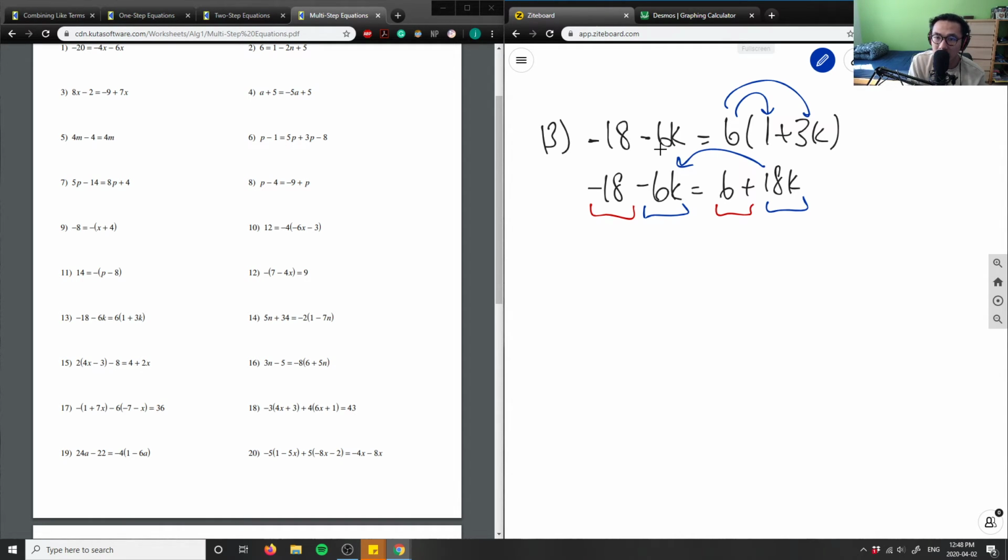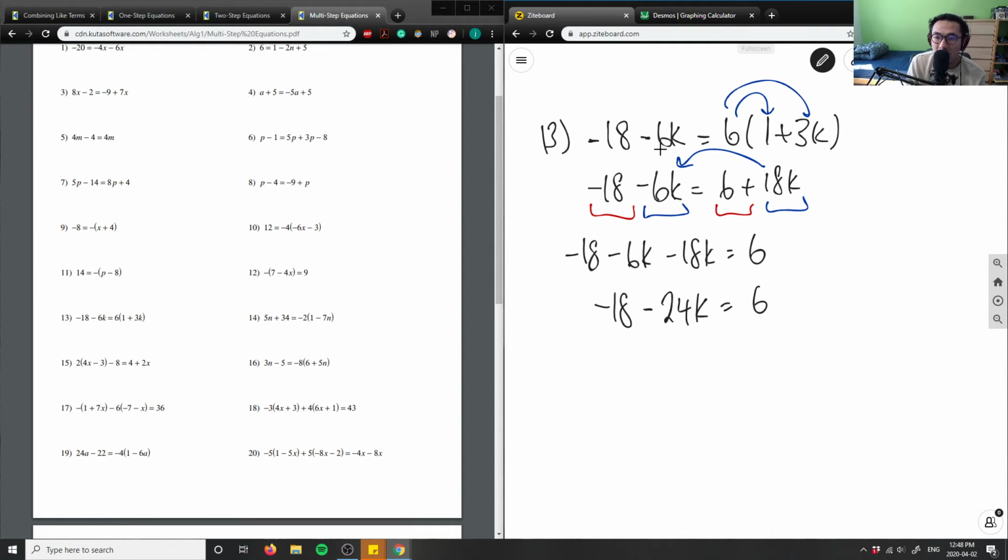If I'm adding 18k, I need to subtract 18k from this other side, right? So I'm going to subtract both sides by 18k, right? So -6k minus 18k equals, and here I'm just left with 6 in this case. So -18 equals, -18, and then -6k minus 18k. So -6 minus 18 would equal -24k